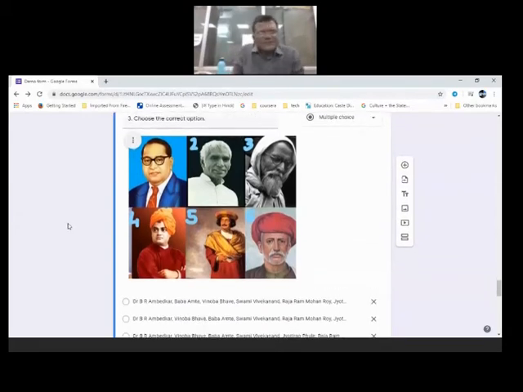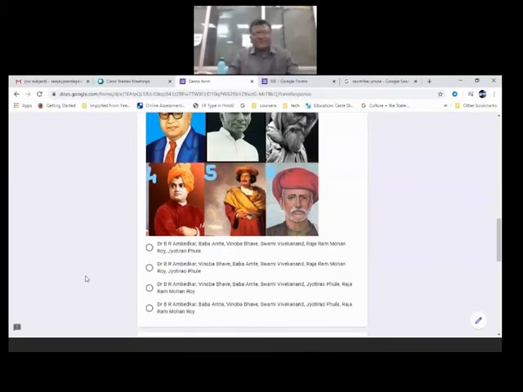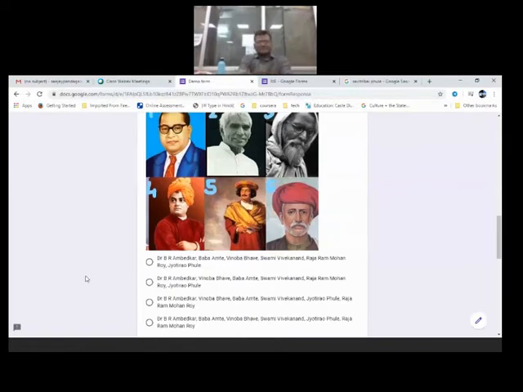So total 6 social reformers are there: Dr. B.R. Ambedkar, Baba Amte, and others. Can you people guess the correct order out of this? These are 4 options. What is the right option? Anyone can answer.